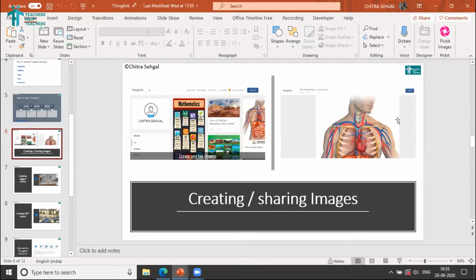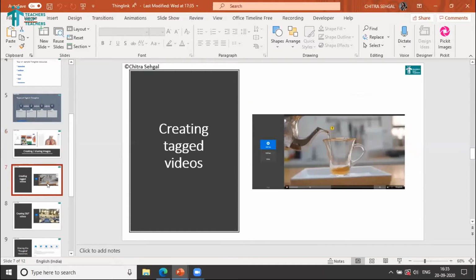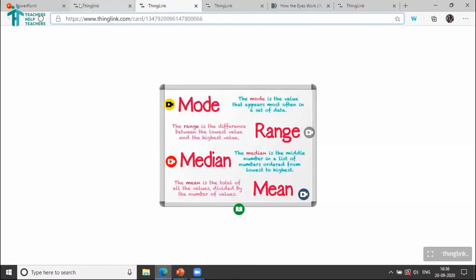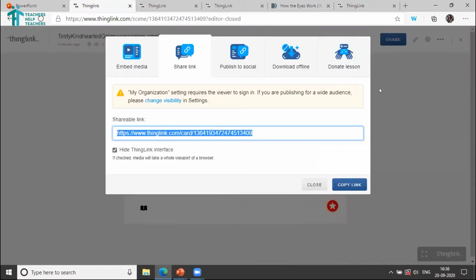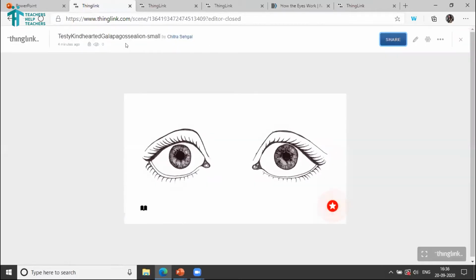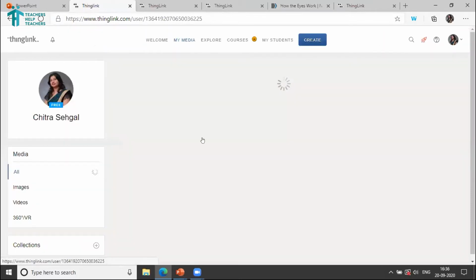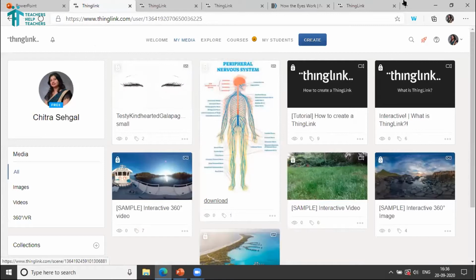I have already explained how we share the images. We'll talk about tagged videos now. Say there's a video about the water cycle that I have, and now I want to pass it on to my students and tell them how the water cycle works. I probably won't have a video here, but I can show you one I have done. It will be a similar process. I can quickly download some video maybe.